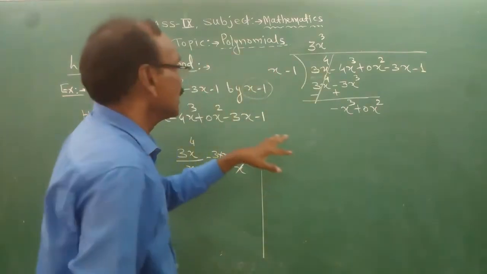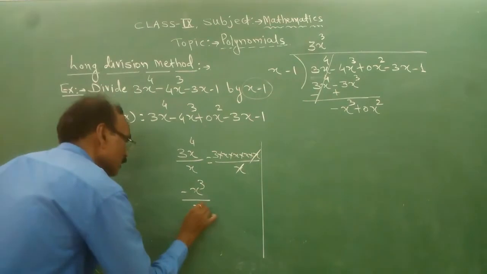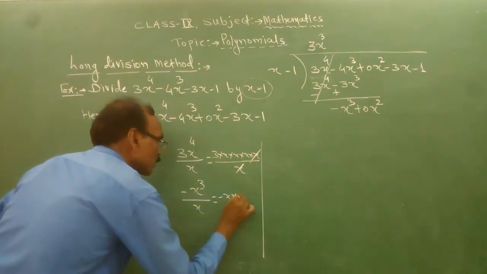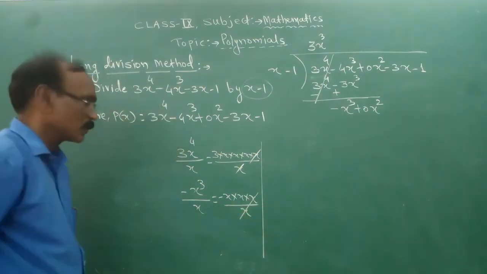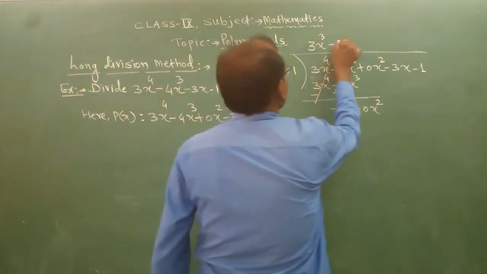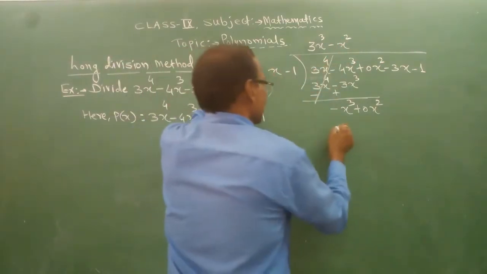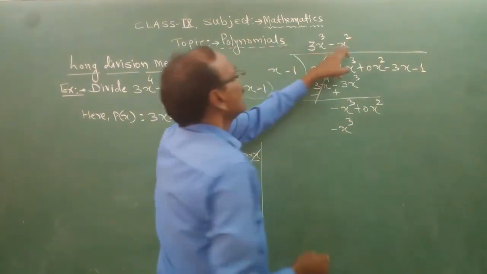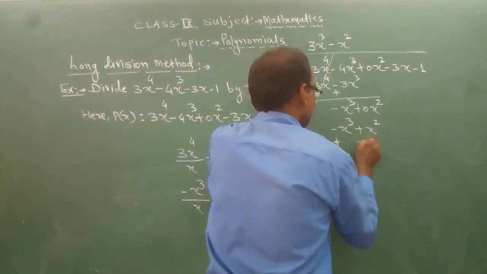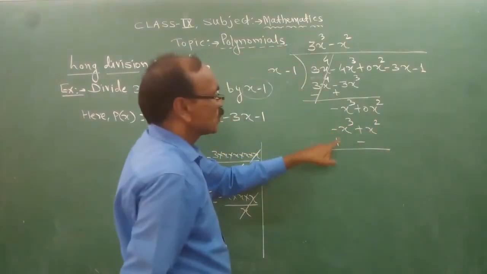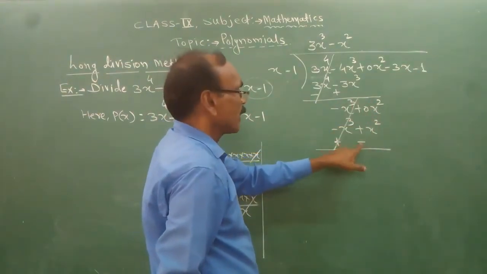Again you divide minus x cube by the first term, that is x. Minus x cube divided by x, the x will get cancelled, so minus x square. Minus x square into x is minus x cube, minus x square into minus 1 is plus x square. Change the sign. So minus x cube plus x cube will get cancelled, plus 0x square, no problem. This is minus x square,